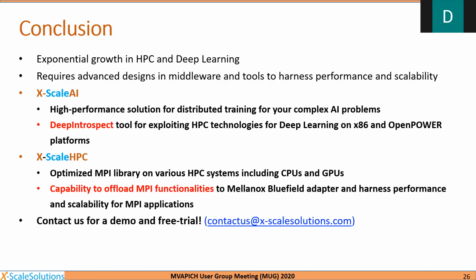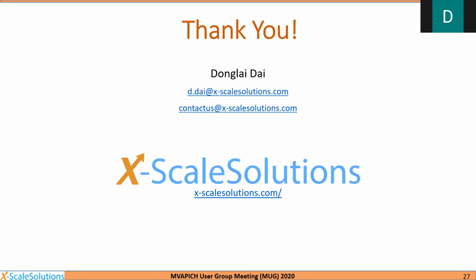And the DeepIntrospect tool, which we recently developed, can be used to explore HPC technologies for deep learning on either x86 or OpenPOWER platforms. The other product, X-Scale HPC, provides optimized MPI libraries on various HPC systems, including GPUs as well as CPUs. It has the capability to offload MPI functionalities to smart NICs, including Mellanox